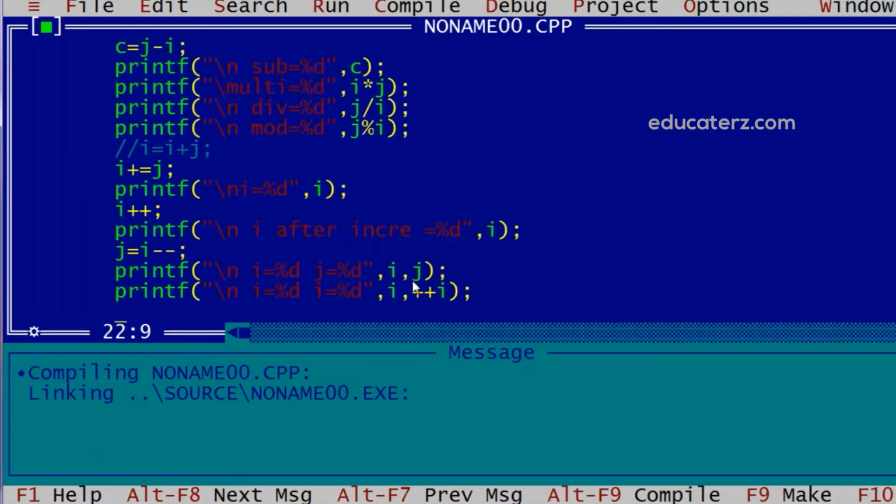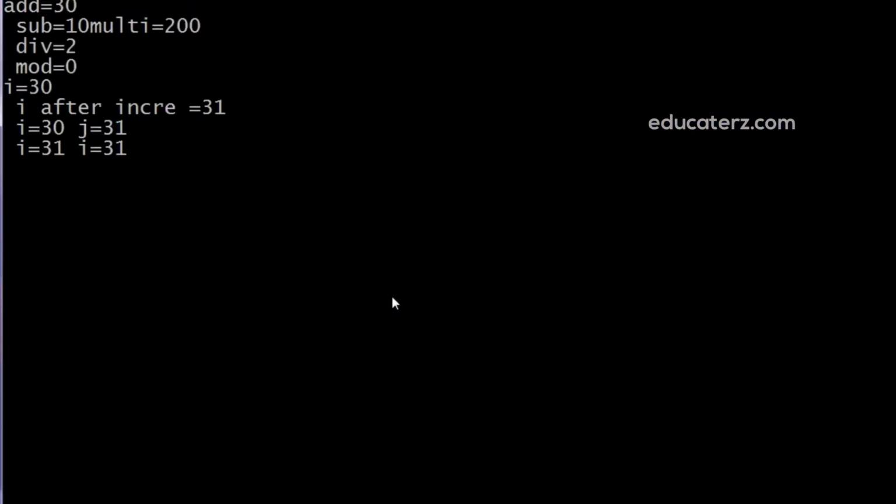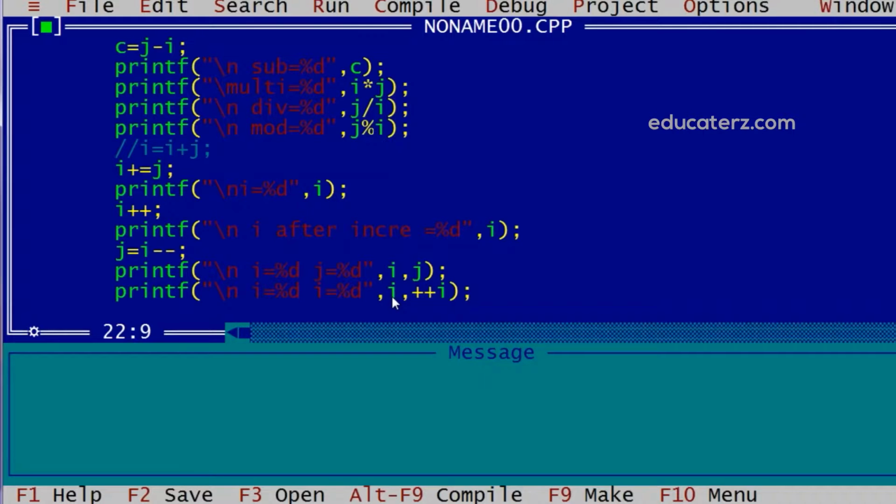Now actually here in the second statement we are giving pre-increment, and here we are not giving any increment. So we may think that the i which is displayed first should be 30. But printf is a function, and the values are passed from right to left.